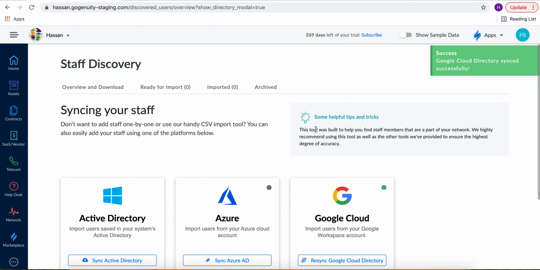So we are allowing our customers to sync all users, or otherwise they can also filter them from groups or organizational units. So that's it from our side, and I hope that this will clarify all the requirements and all the prerequisites that are needed to make sure that our scopes are verified. Thanks.